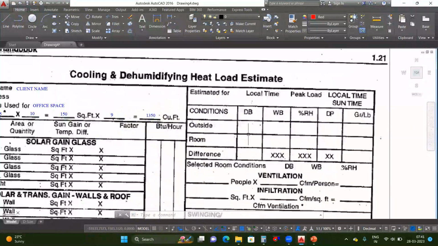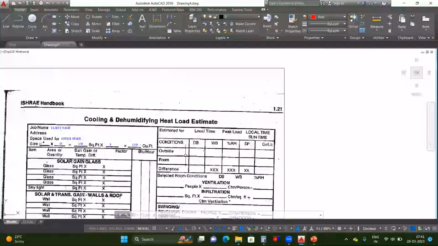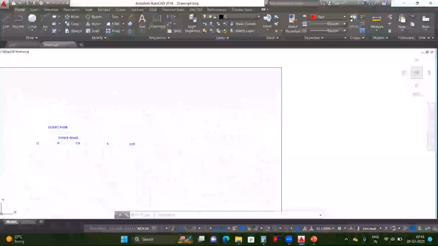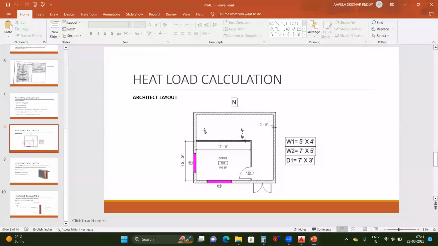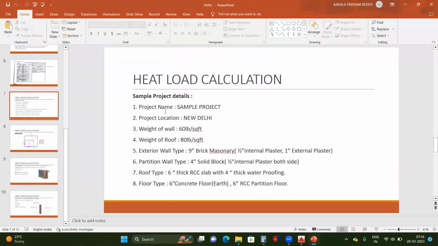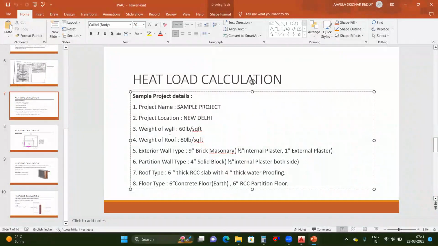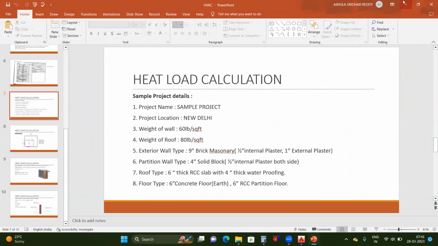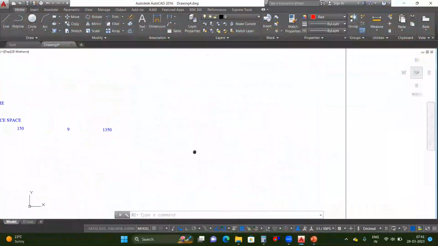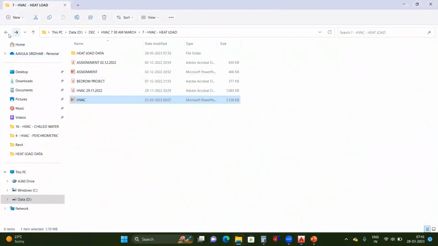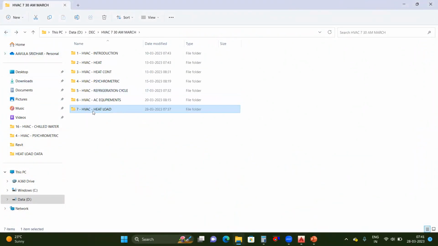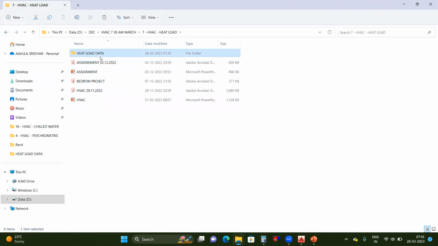First here we need to enter the conditions of the outdoor environment and indoor room environment. We are designing this project in the New Delhi location. So we need to enter the New Delhi outdoor conditions. For this we need to refer to the ISHRAE handbook. So I am referring to the ISHRAE handbook, but also in